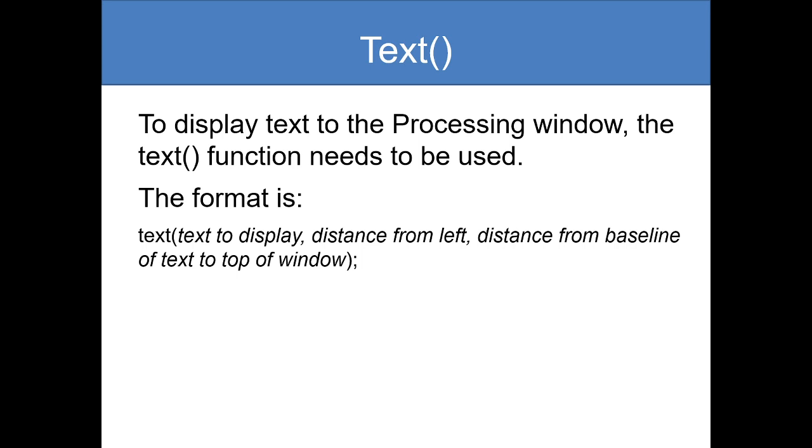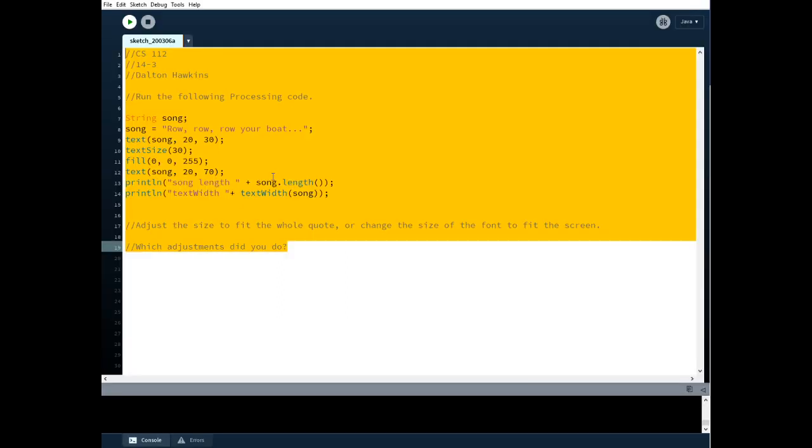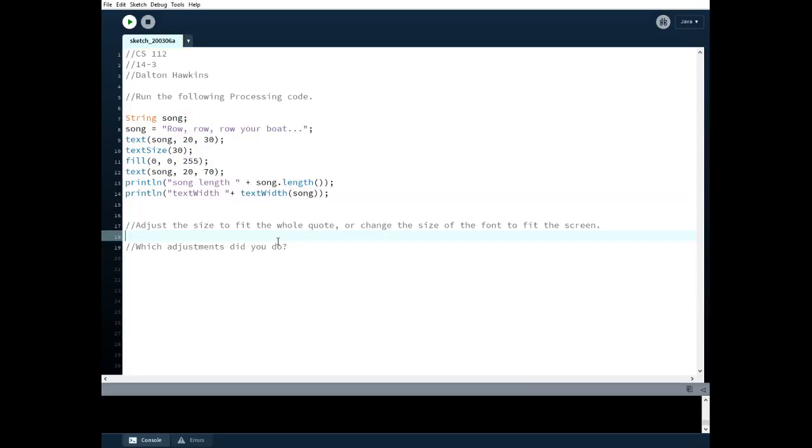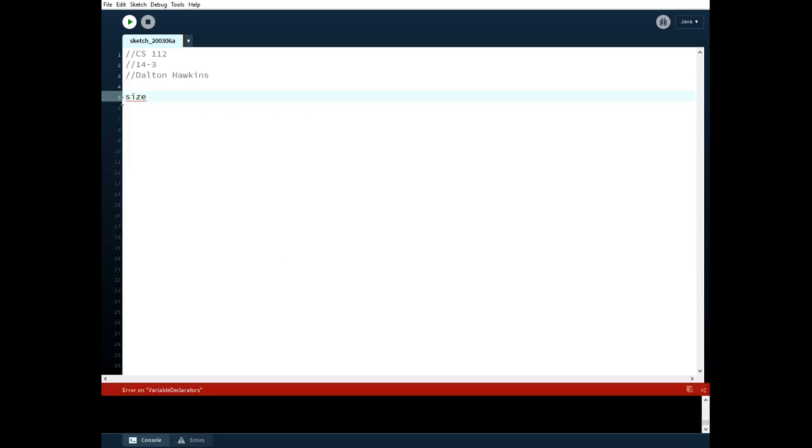But if you think of a word processor such as Microsoft Word, you set the size of it before you actually even start typing, and so it's actually a very common thing for you guys to do. So try the following. Let's do size 200, 200,